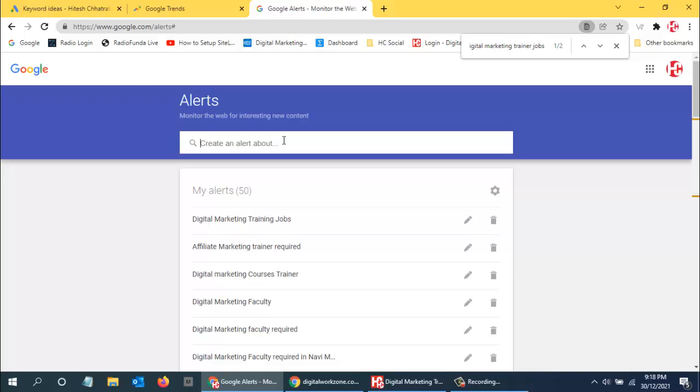You can even set alerts related to your business. Then you will get emails for people who are looking for real estate, who want to buy houses or property or anything. Then you will get to know. It will scan the whole internet from India and send you all the details of the people who are interested to buy or sell properties. So you need to set various keywords. You just need to twist the keywords and use them appropriately over here, like what I have used.